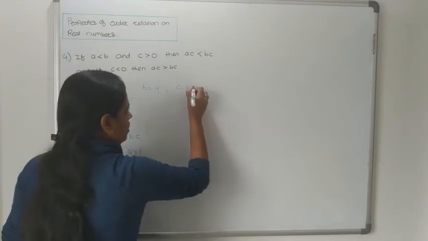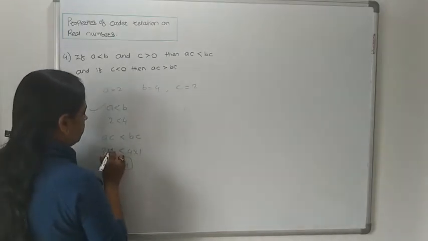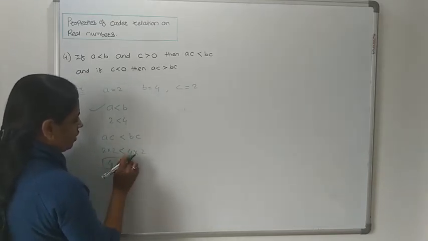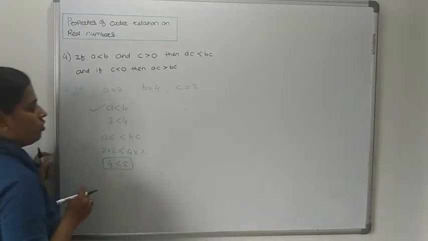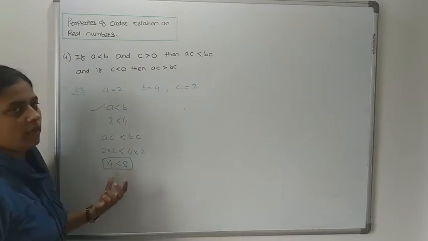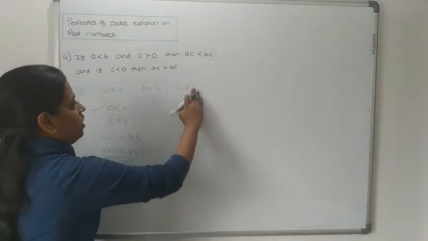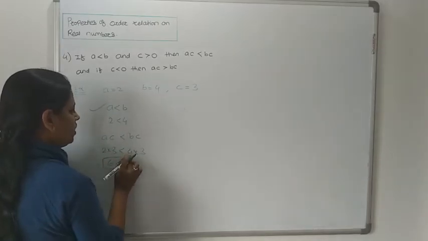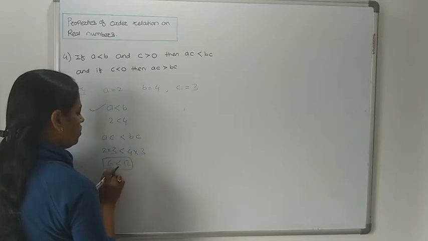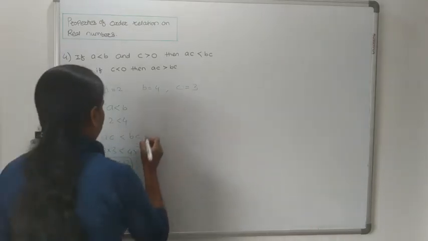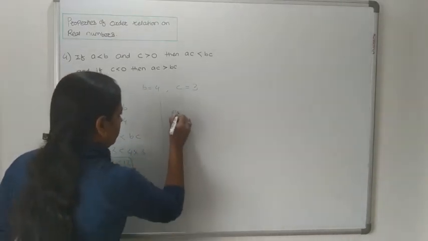Suppose I change this C to 2. Then 2 becomes 4 and 4 becomes 8. That means no difference here, that is 4 is less than 8. When we change the C value, suppose I put 3 here, there is also 3. So 2 threes are 6 and 4 threes are 12. So 6 is less than 12. Okay, so this is your first condition. But in the next condition, we have to consider the next example.